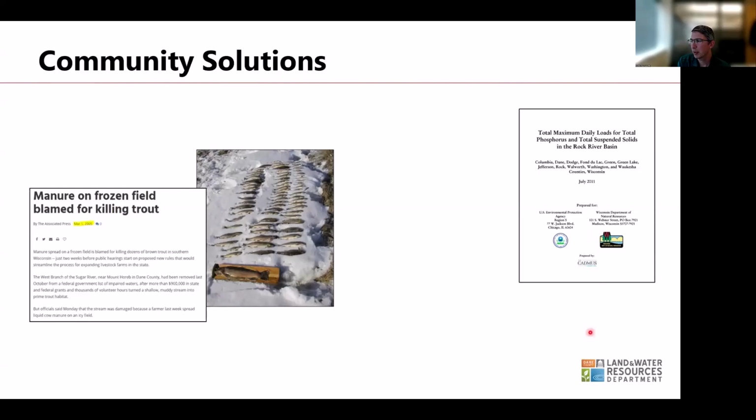The easiest way I can explain that is that it sets somewhat of a prescriptive, or I guess a target goal, in the amount of phosphorus as well as total suspended sediments that we were hoping to achieve within our surface waters, not only in the county, but in other counties that have the Rock River TMDL in it. So in reaction to both of these events that were occurring, the county pulled together state agencies